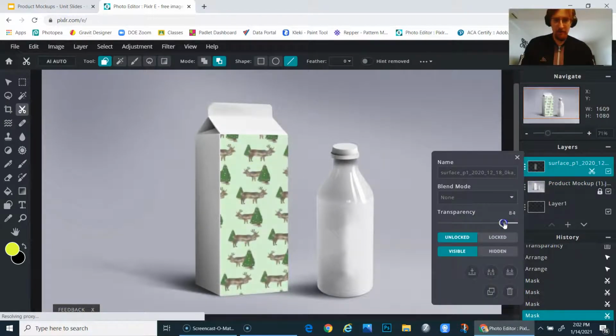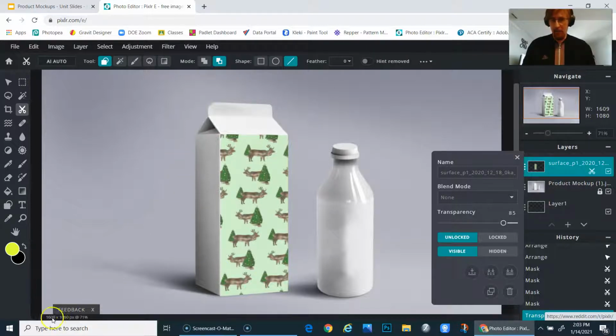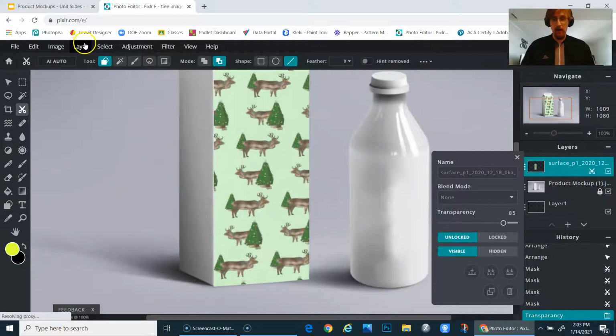If I turn the transparency up, you can see that it's starting to look like the product is on. So for the rest of this video, I'm going to just focus on adding the pattern to the two sides of the box, and then I'm going to do the bottle. So I will speed up the video for the box and meet you back here to go over how to do curved or rounded objects for the bottle. So you can either skip forward a few minutes or